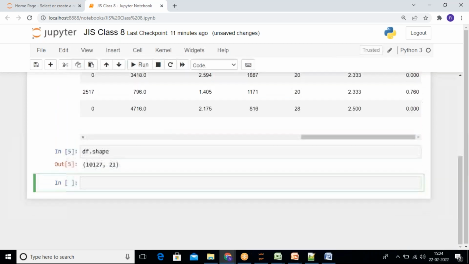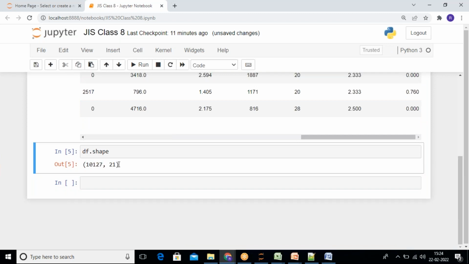df.shape. Okay, 10,127 rows and 21 columns. It has this many rows and columns. Now this task is basically complete. Now next is